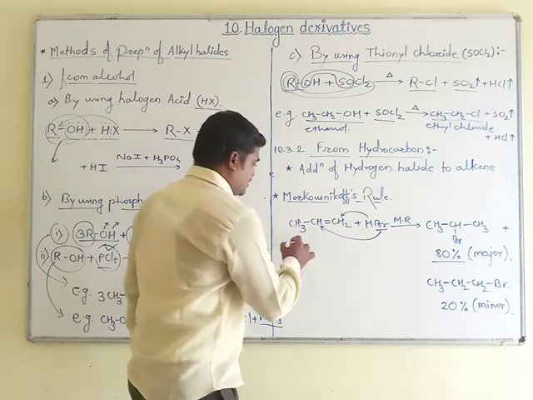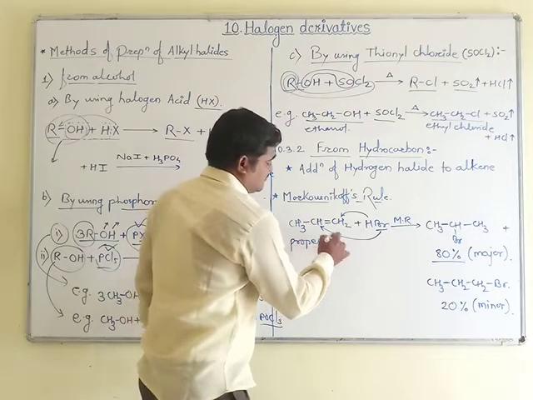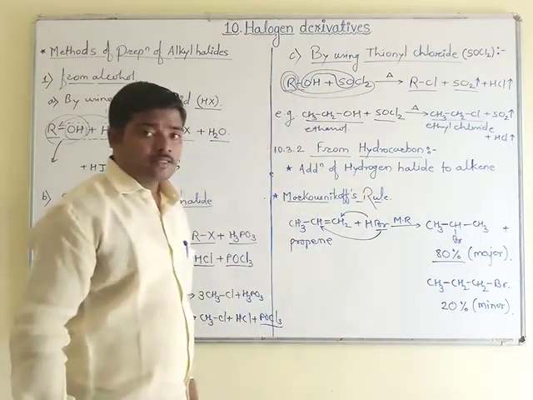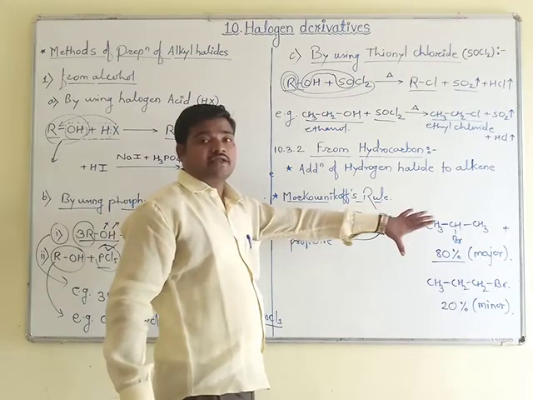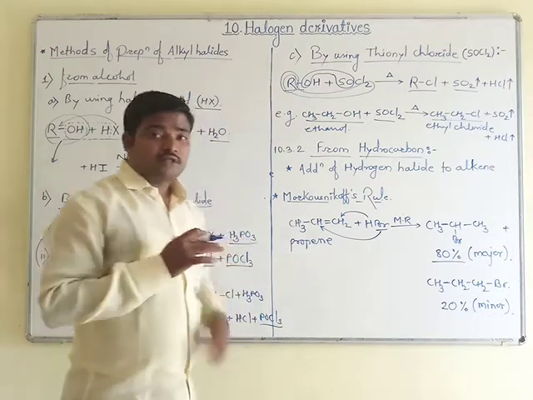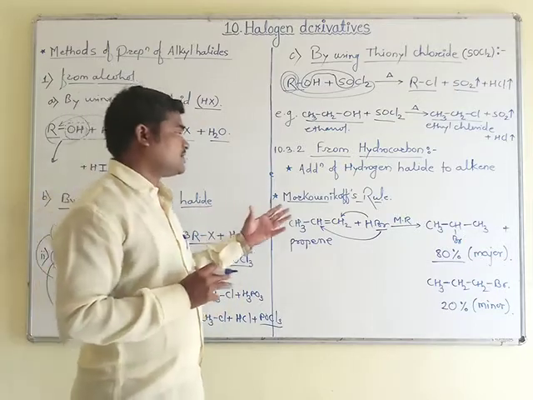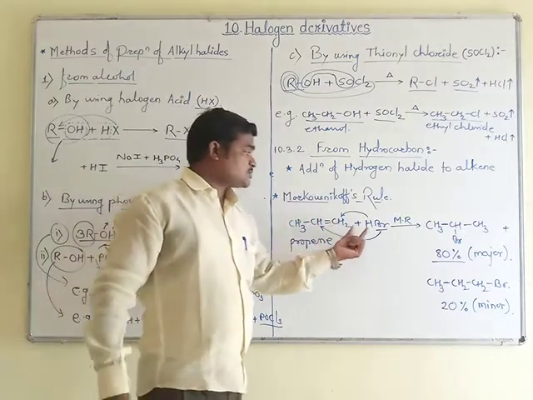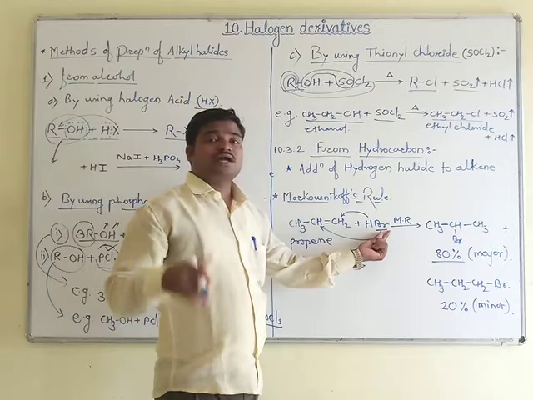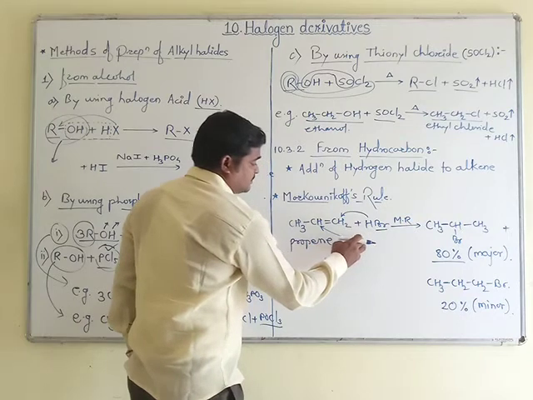Here the alkene which we have taken is propene, and from propene we have prepared isopropyl bromide. So this is our target, which we have prepared by using the Markovnikov rule. Now the other possibility is also there, that is the anti-Markovnikov rule, which we can state here. According to the opposite of the previous statement, the negative part of the reagent goes to that part where the hydrogen atoms are more. Means addition will not take place like this.